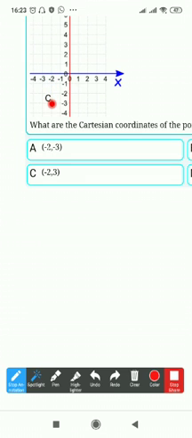It is 2 steps left and 3 down. 2 left, 0, 1, 2. 2 left and 1, 2, 3. 3 down. So -2 and -3, and the answer is option